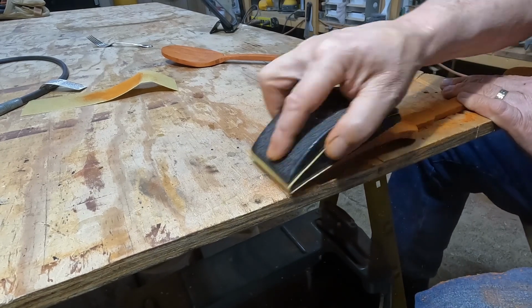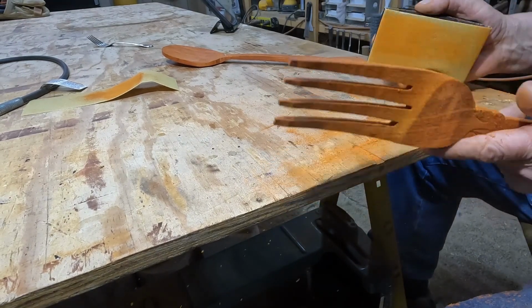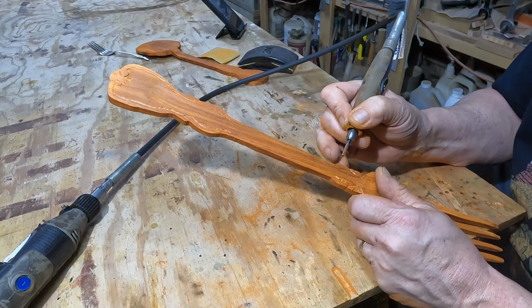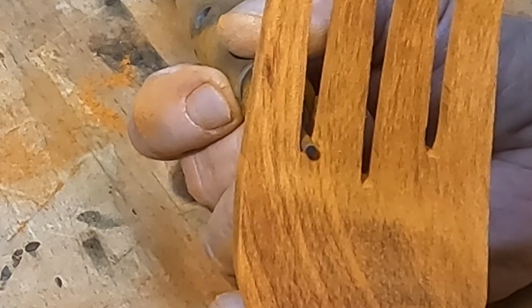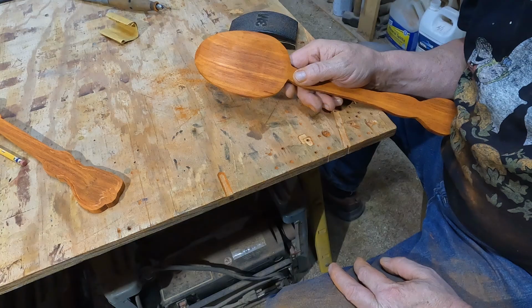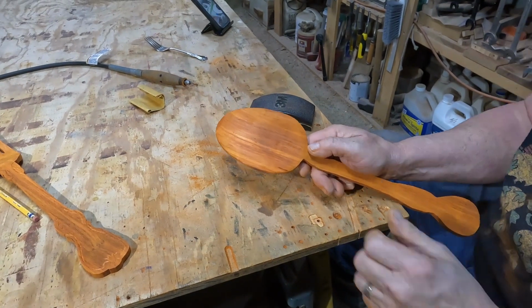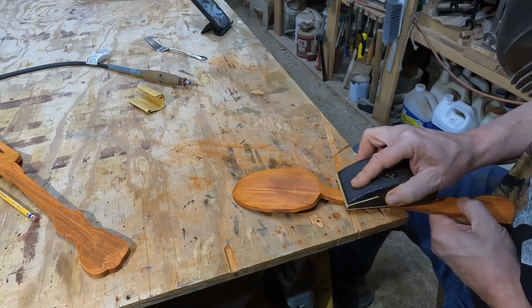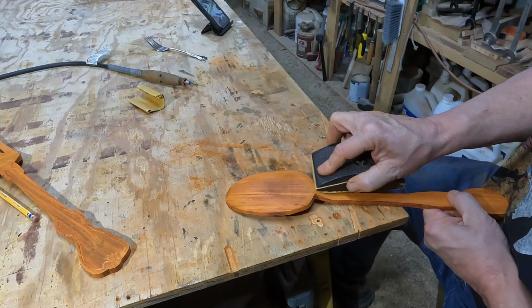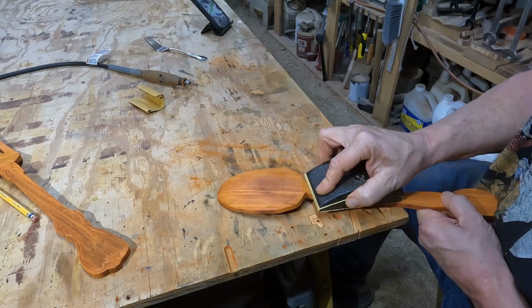After the sanding, when the pen marks were gone, I could see that there were areas where the details could be improved. The Dremel came out again. I also cleaned up the bottom of the grooves between the tines. The last thing to sand was the spoon, and I'm sorry to say I don't have any footage of the finishing process. I presented the customer with 5 options for finishes: no finish, paste wax, spray shellac, spray satin polyurethane,